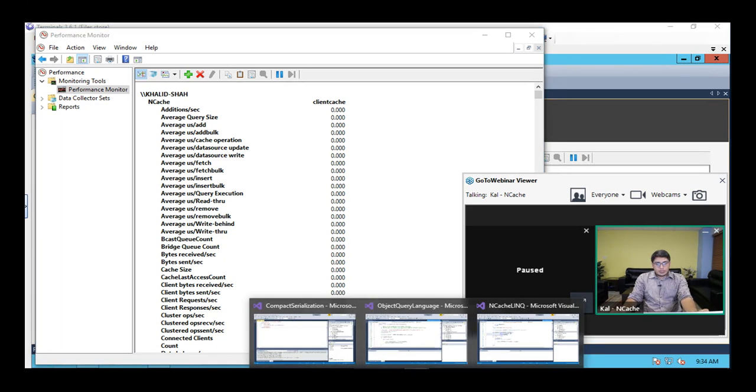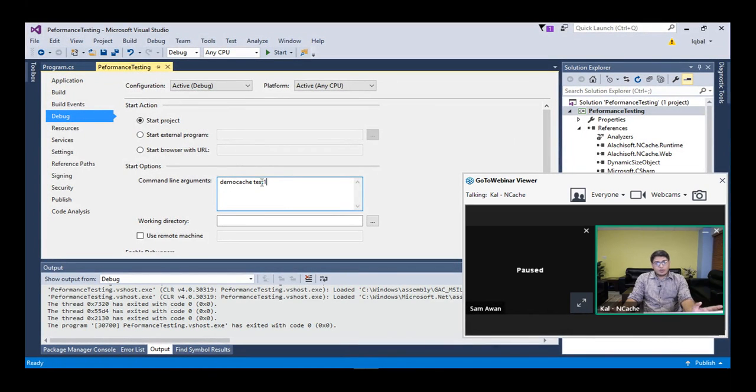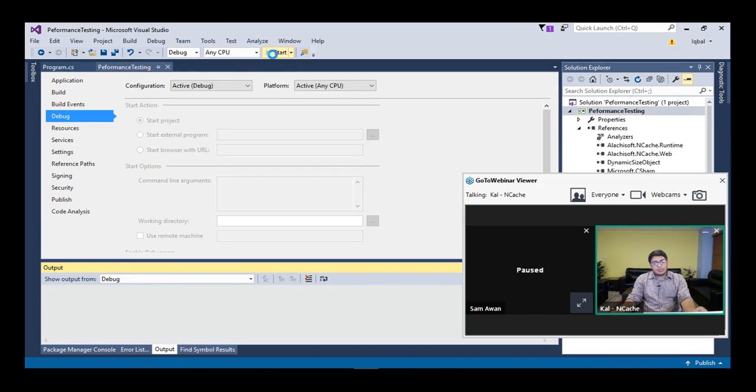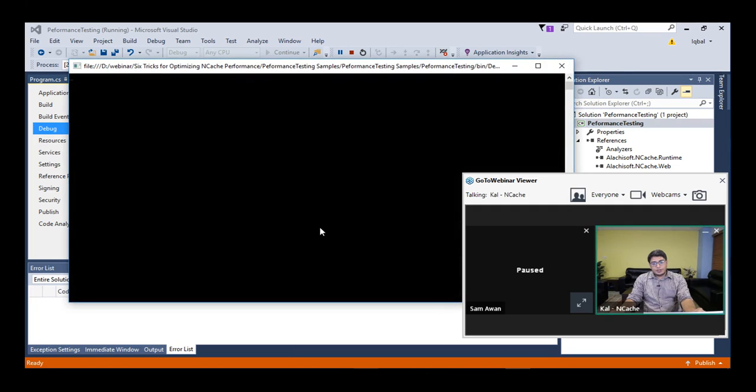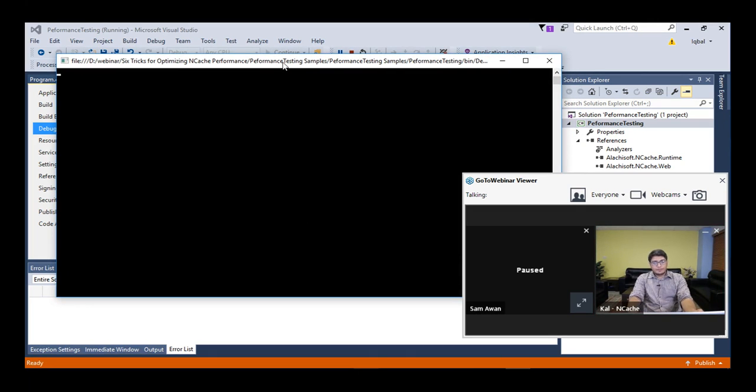From my personal box, I am going to run the application. Same code. I'm not doing any sort of code change. The client cache feature is a no code change, as I mentioned earlier. You just need to enable it or disable it, whichever one is your preferred, and then it would be picked up automatically. So if I click on the start button, same code, same everything, even the same test, it is going to start adding those items once I click on enter. Okay, once I click on enter, it's started to add these items.